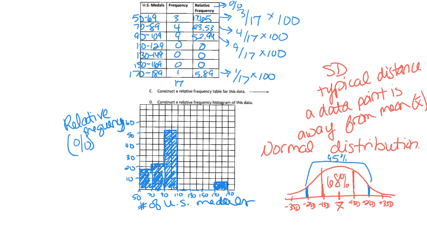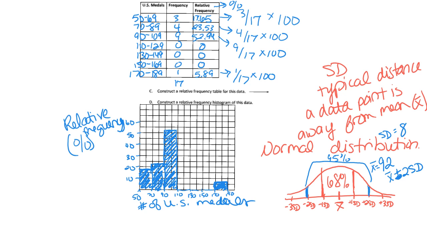So if my mean, let's say my average number of medals was 92, so my mean is 92, and my standard deviation is 8, then 95% of my data points would fall between the mean plus and minus 2